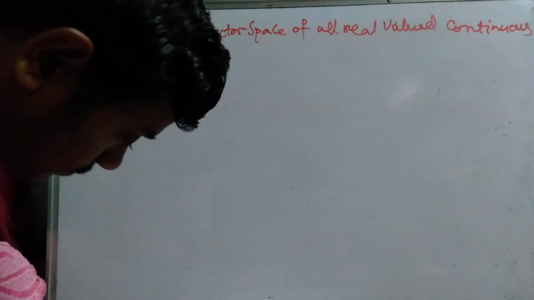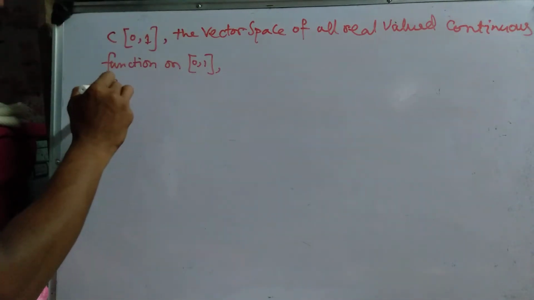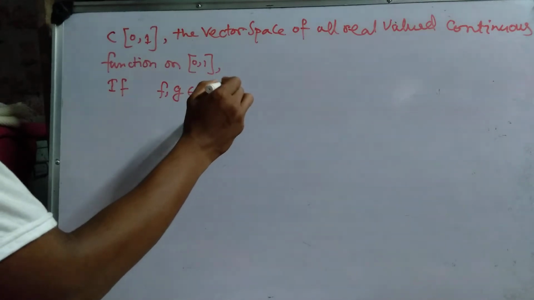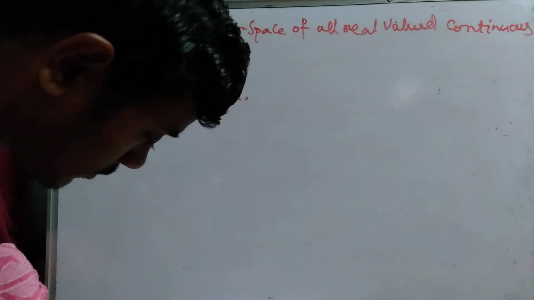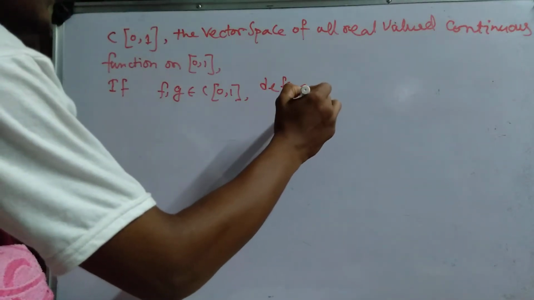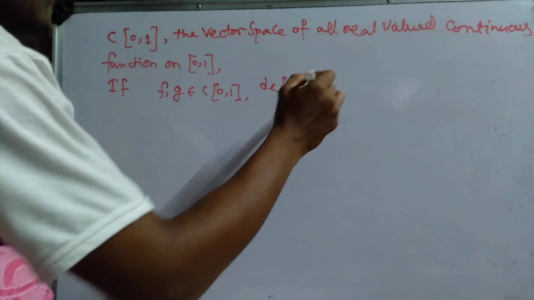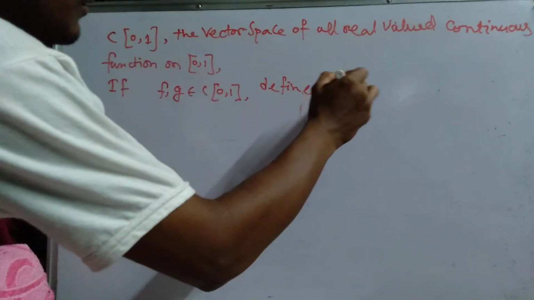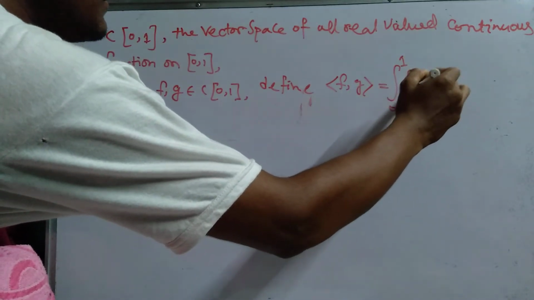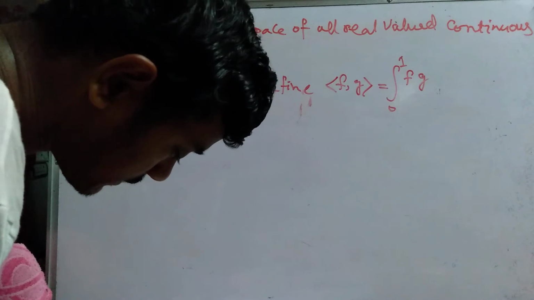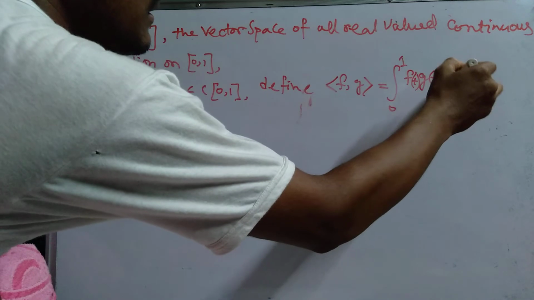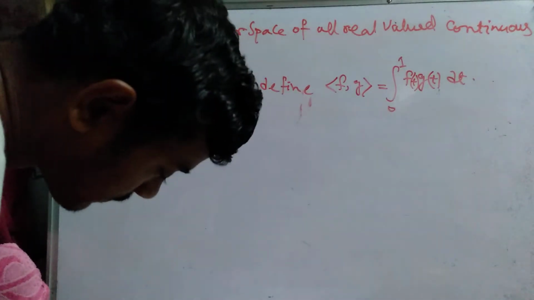Then if f, g belong to C[0,1], define the inner product of f and g equal to the integration from 0 to 1 of f(t) g(t) dt. Okay,